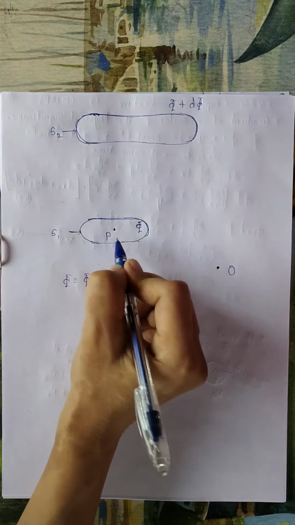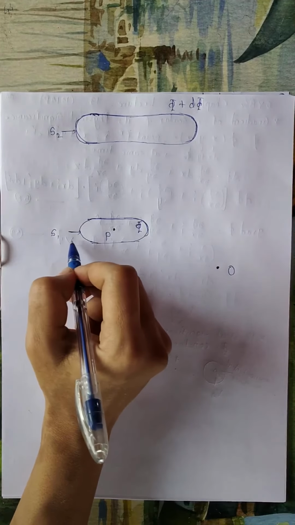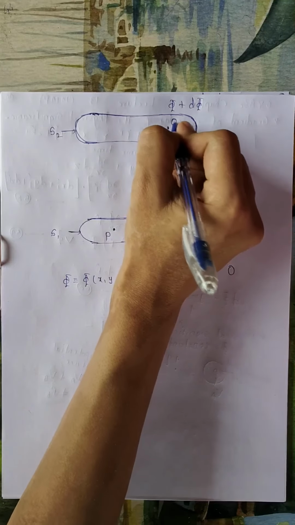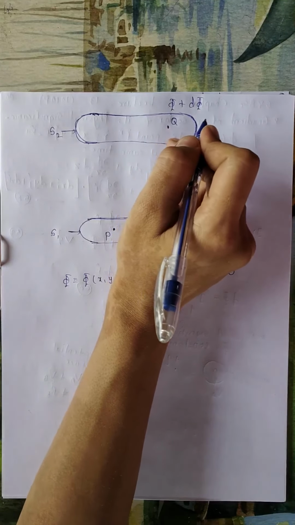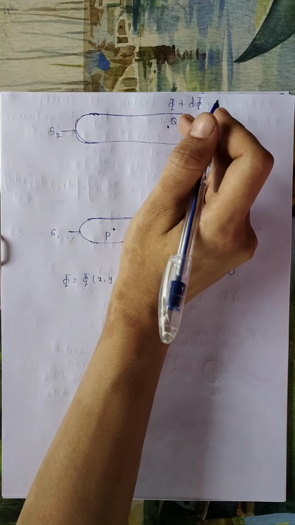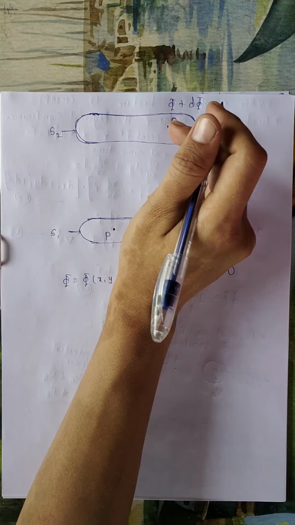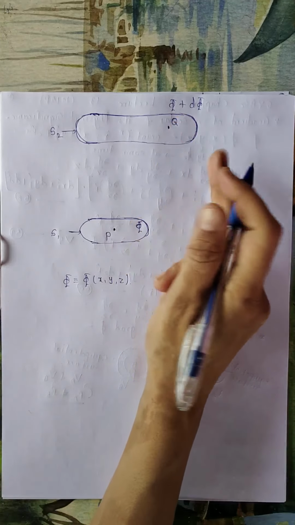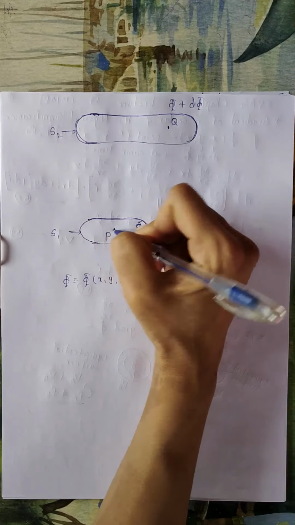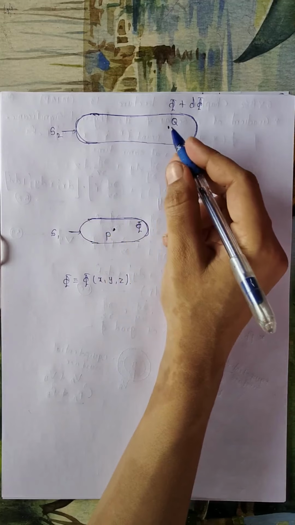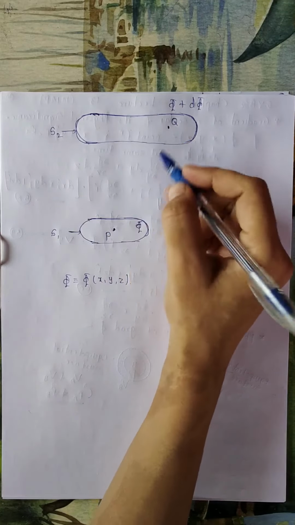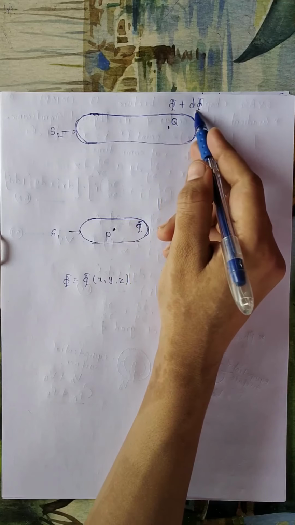Now we will consider any two points P and Q on the surface S1 and S2 respectively. So let's say we have point P over here on surface S1 and we are going to have point Q over here on the surface S2. So the two points P and Q on the surface S1 and S2 as shown in the figure we have considered. Now during the movement from point P to point Q, the scalar function changes by the value d phi. Therefore on surface S2 it is phi plus d phi.